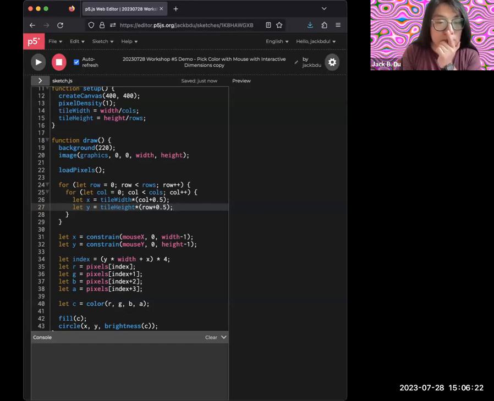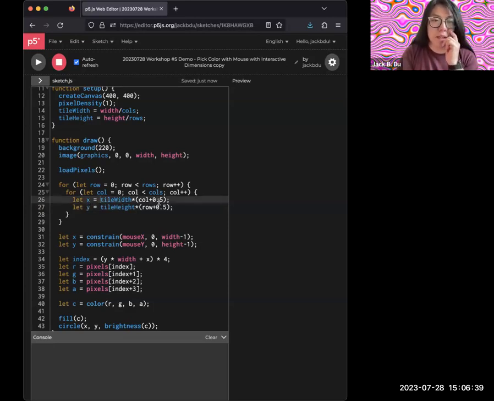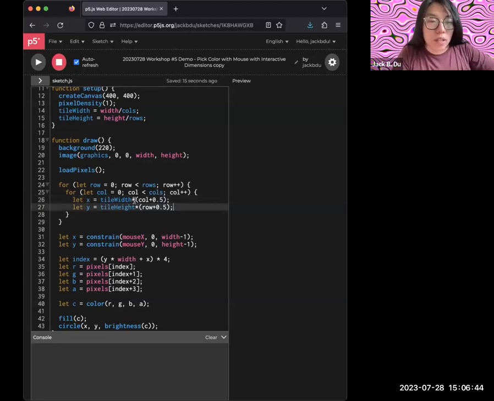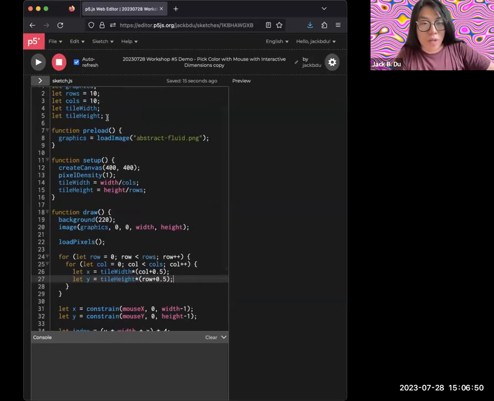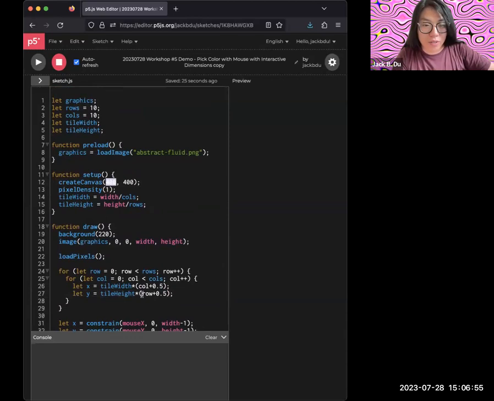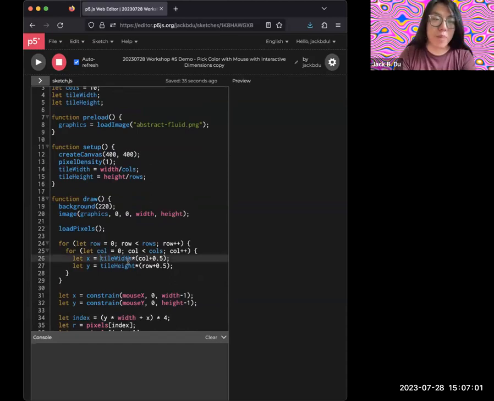Because of that, this time the x and y really have to be integers, and since we are bringing in fractions here, just to be safe. Right now it's all divided evenly, so it's 400, and we're not going to get any decimals or fractions. But just to make sure that it is an integer,